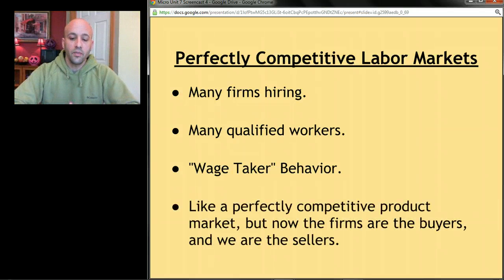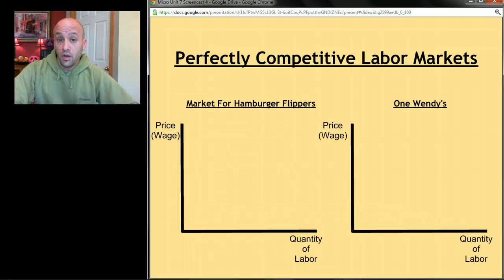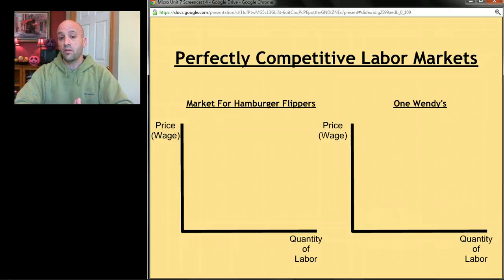So like a perfectly competitive product market, but now firms are the buyers and we are the sellers. Again, remember, in this resource market unit, everything's kind of the opposite. And if you keep that in mind in the screencast, it's going to help you out. So what we're going to do, just like we did in perfectly competitive product markets, is divide the graphs into two graphs. The graph on the left, think of as the entire labor market for a certain type of resource,